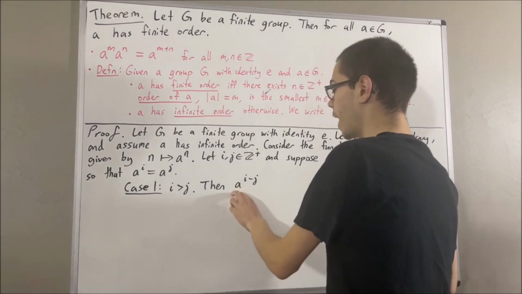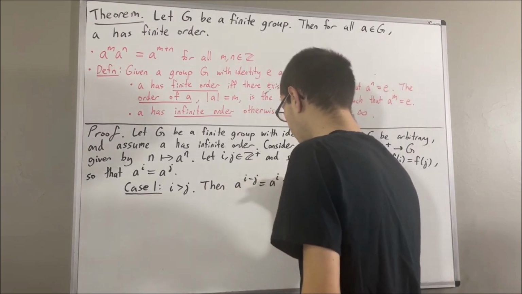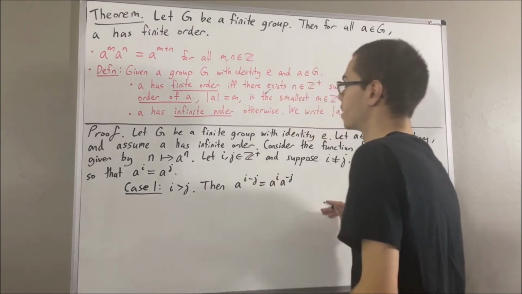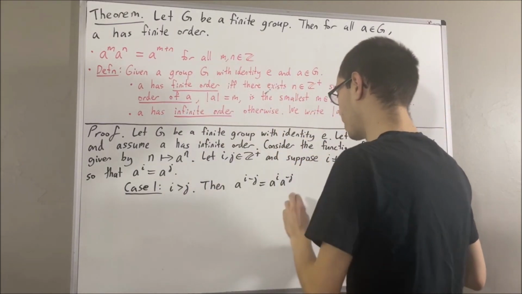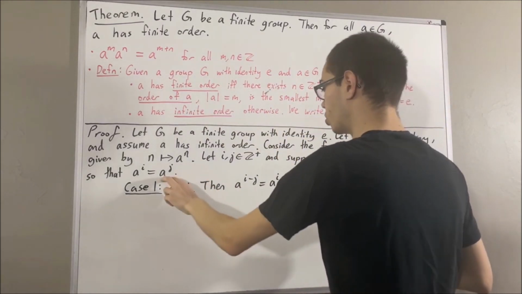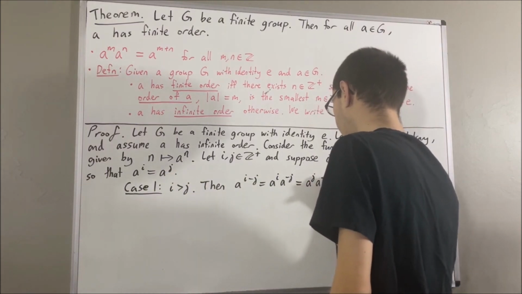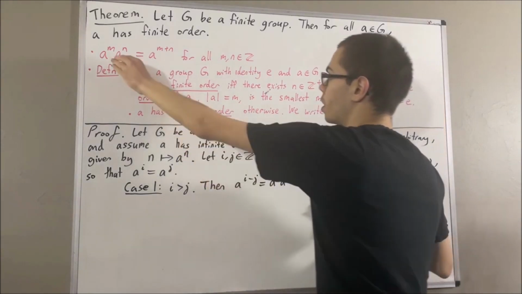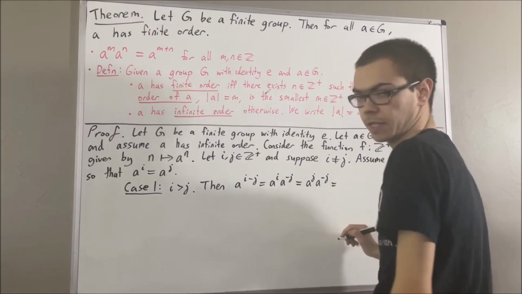Well, notice, a to the power of i minus j can be rewritten as a to the power of i times a to the power of negative j. That's just applying the rule that we have for exponents here. But then, we know that a to the power of i is equal to a to the power of j, so this is just a to the power of j times a to the power of negative j. But then, applying this rule again, this is just a to the power of j plus negative j, or a